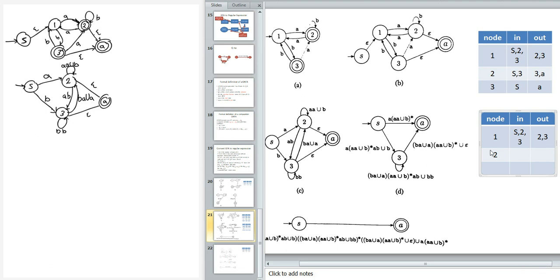So we decided to remove 2. So we're going to see what is going into 2. So we can see that 2 has 3 going into it, and also has S going into it. So S points to 2, and also 3 points to 2. Now we need to see what is